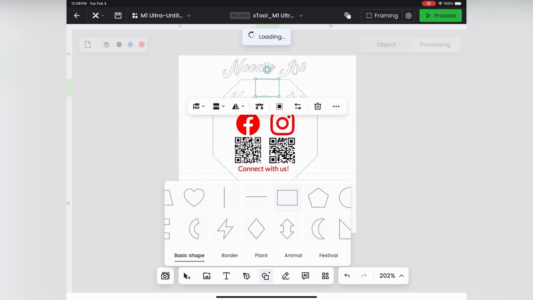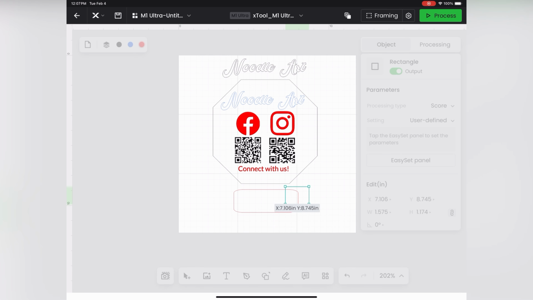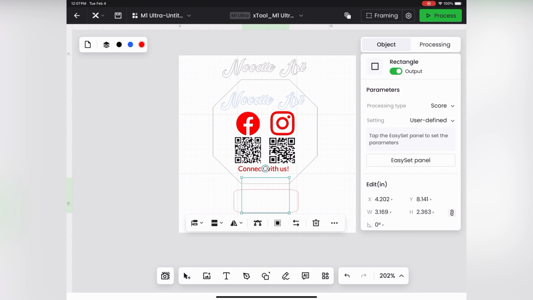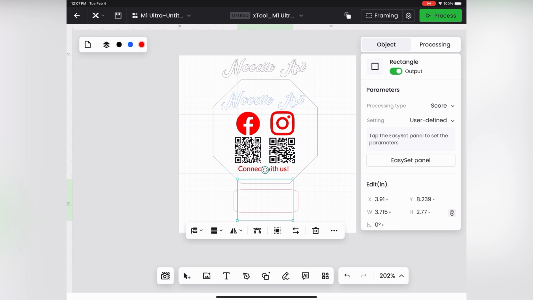I'm now going to bring in another rectangle. In this one, I am going to make the size of my slot opening. I was going to use that other piece to begin with, but I didn't like that it had the rounded corners, so now I've got an unrounded rectangle. I'm going to make it where I want it to sit width-wise. And once I have the right width,